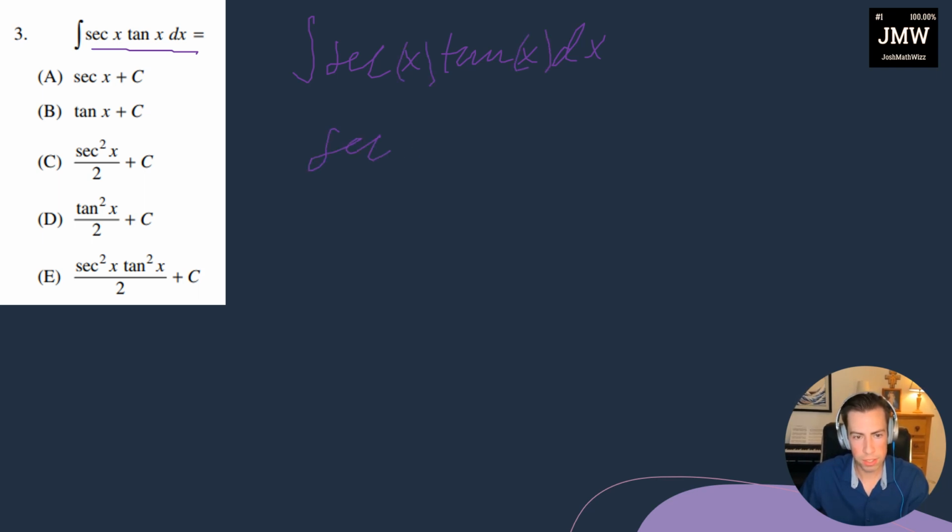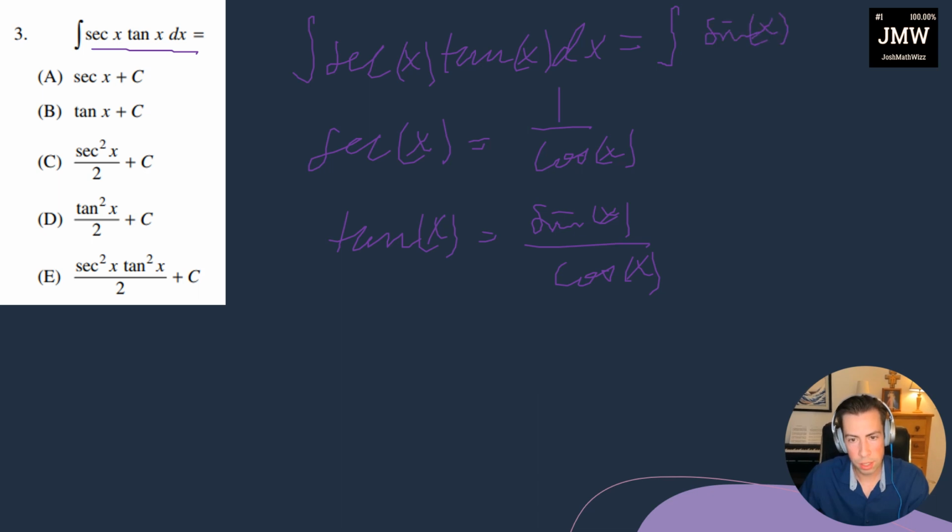is to recognize that secant x is equal to 1 over cosine of x. And similarly, tangent of x is going to be sine of x divided by cosine of x. Okay, so whenever we simplify this down and I plug in what we already know, then I'm going to be left with the integral of sine of x divided by cosine x squared